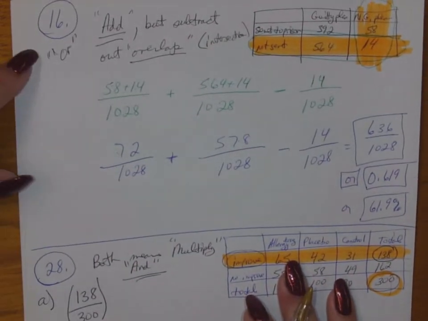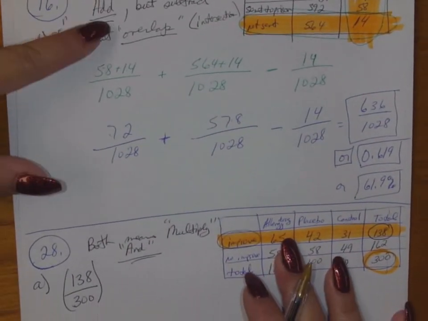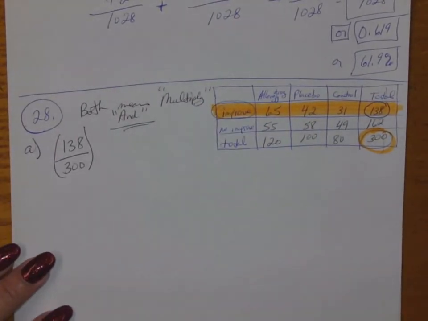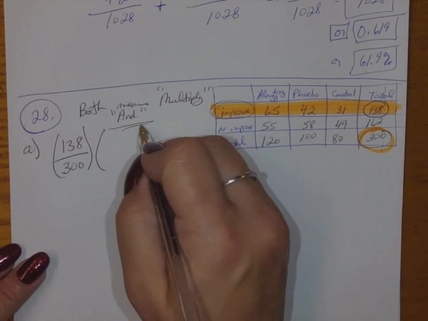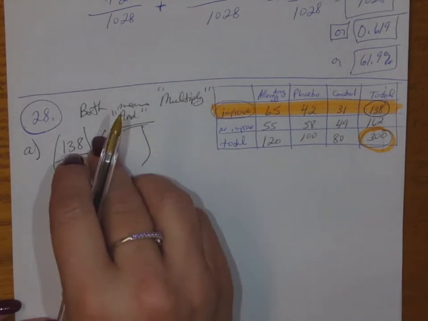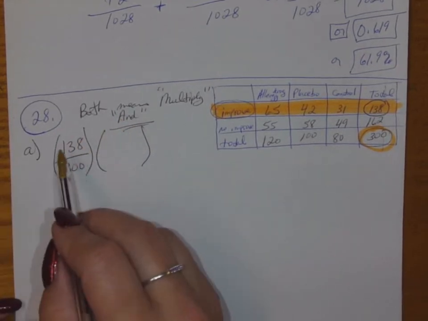Oops, sorry. This was "or," right? That's why we added. But this is "and," so both means multiply. So I'm going to multiply this by whatever I get next. Okay, with replacement. So I pull this guy out at random, one person, and I get 138 out of